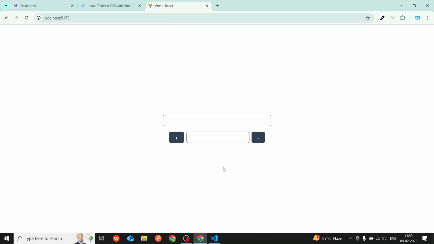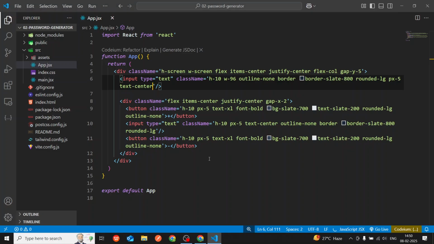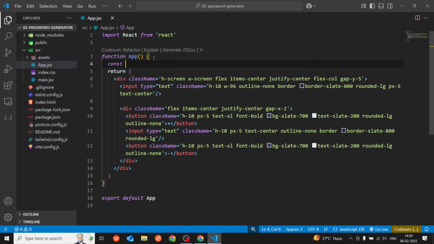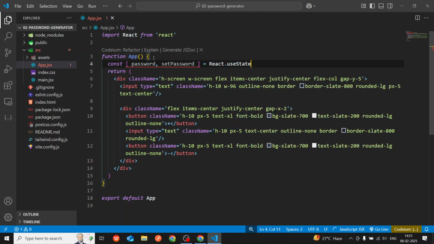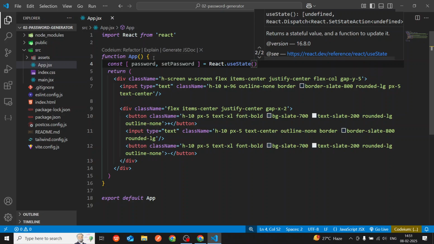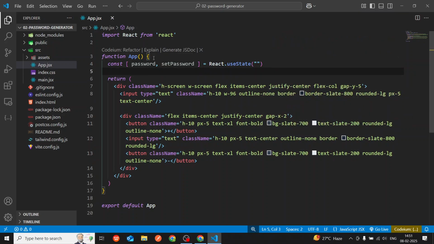It looks good. Now you have to display the length of the password, and also the password you have to display it here, right? For those things I have to use the useState hook first for managing the state. First will be password, and the function name will be setPassword, and I will use the React.useState hook, and in the initial position it will be an empty string. Similarly,